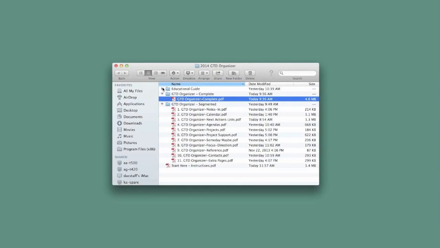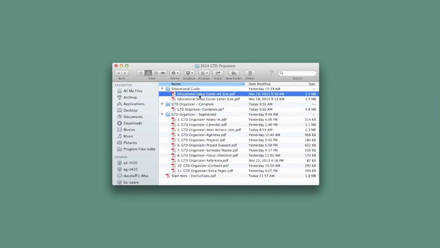Please go after and read the educational setup guide, because it will give you a really good overview of what all the sections are, how they all work together, so that you can see, maybe there's a gap in your system somewhere and you're feeling like, you know what? I do feel like actually I never saw the value of Someday Maybe before, but now I do, and I can see that's the section I want. So I hope this is helpful.